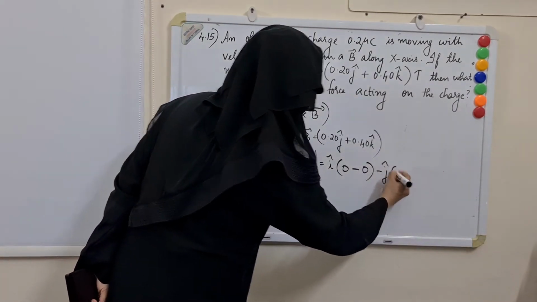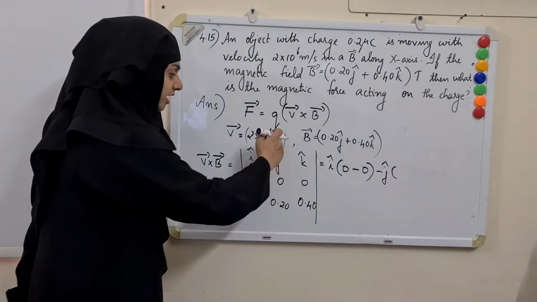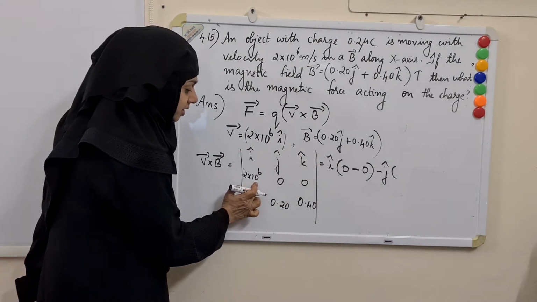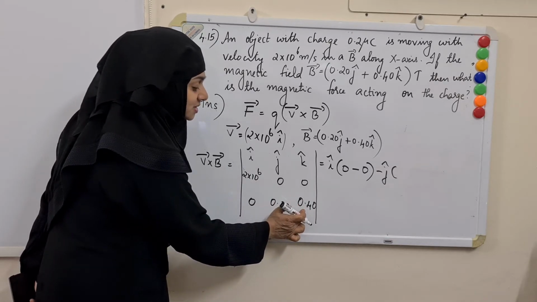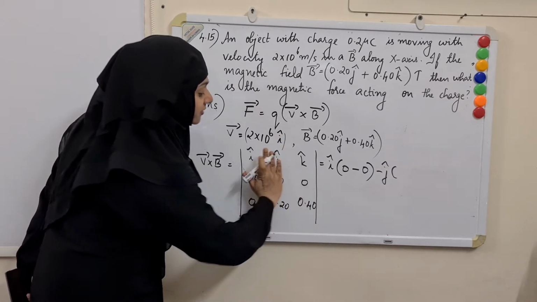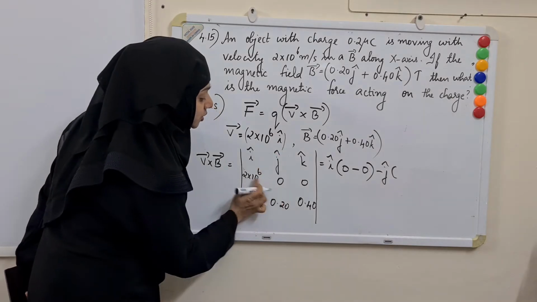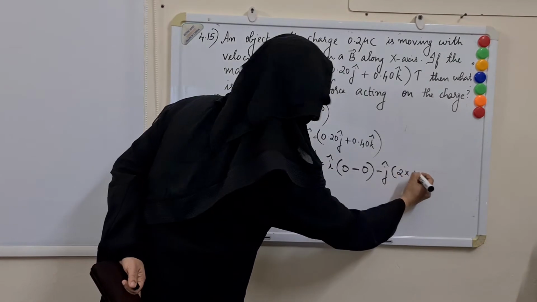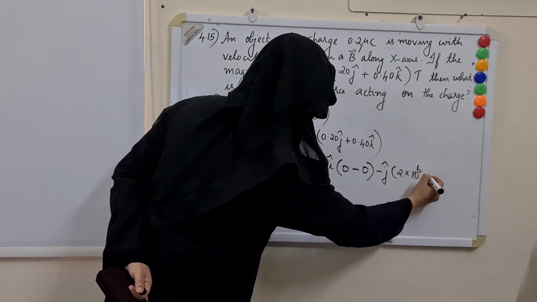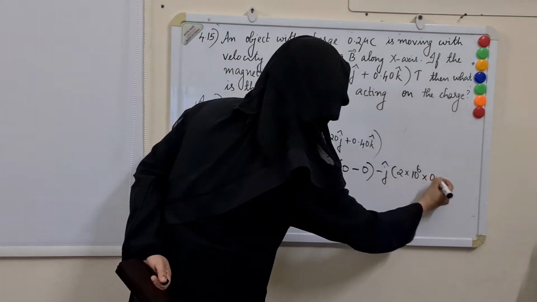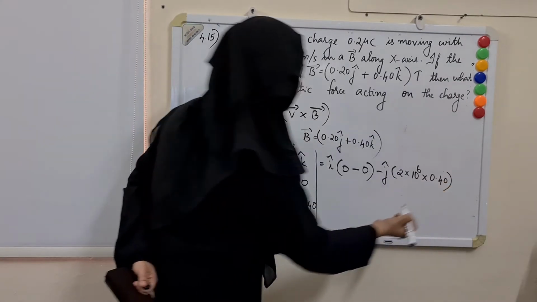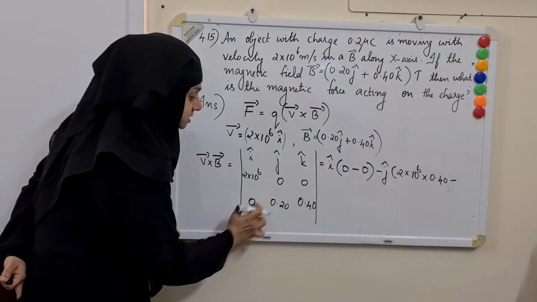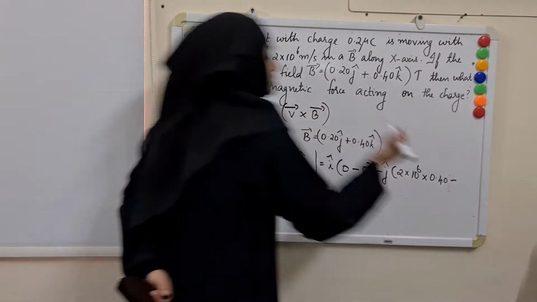Minus J cap. Now you have to neglect this column and this row. So 2 into 10 raised to 6 times 0.40. You have neglected this column. So these two minus these two. So 2 into 10 raised to 6 multiplied by 0.40 minus this times this. 0 into 0, which is 0,